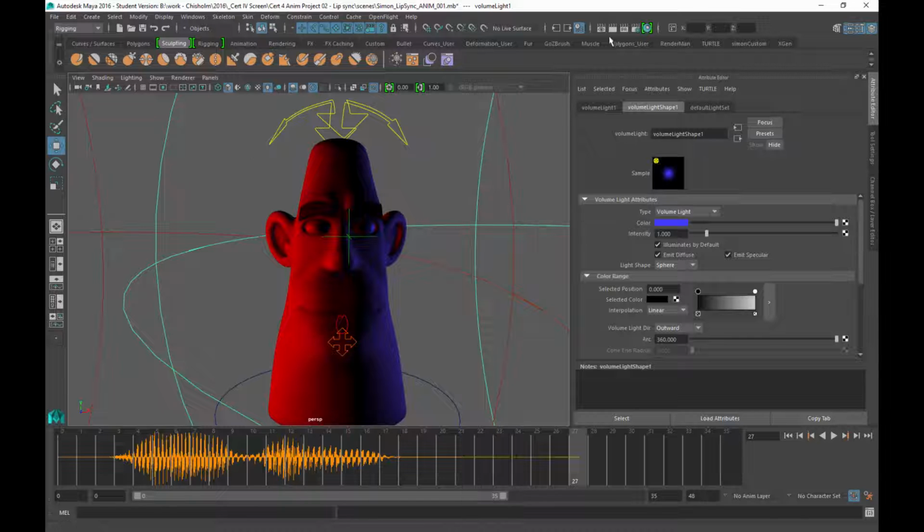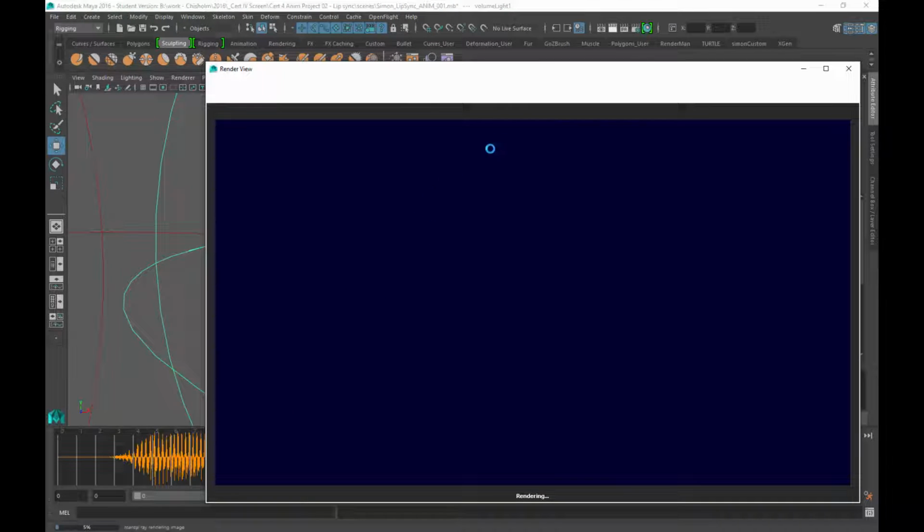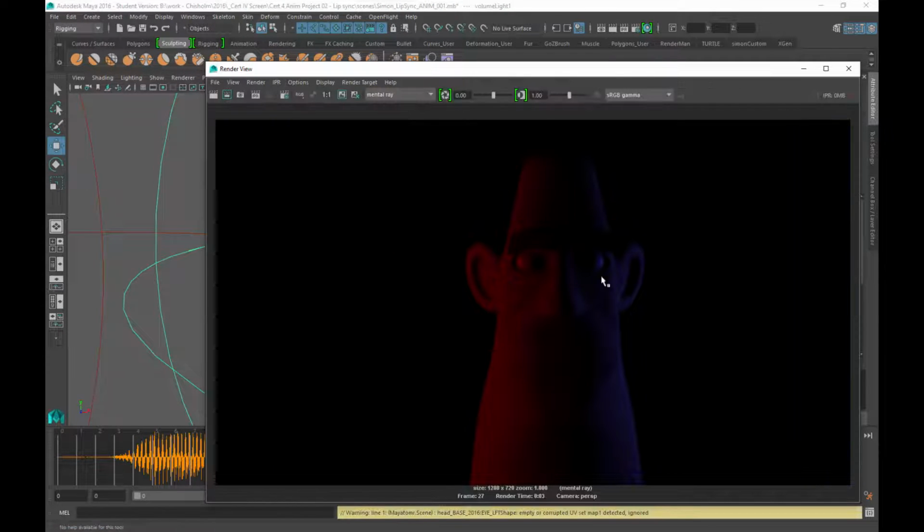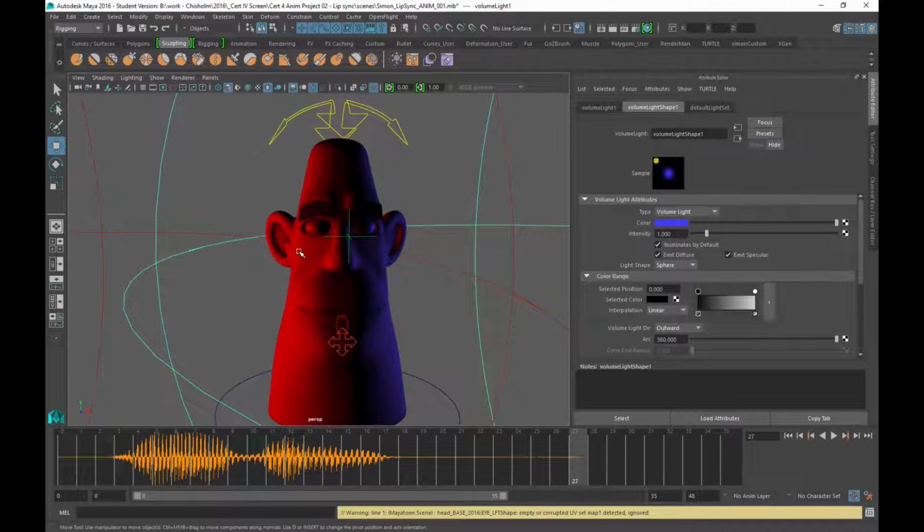And if I do a test render of that, we can see the results there. So you can see here we're starting to get something that's a bit more atmospheric. So what you do with the lighting is up to you, but have a bit of a play around with it and see if you can come up with a nice effect. Now in this situation, obviously the render is really dark,